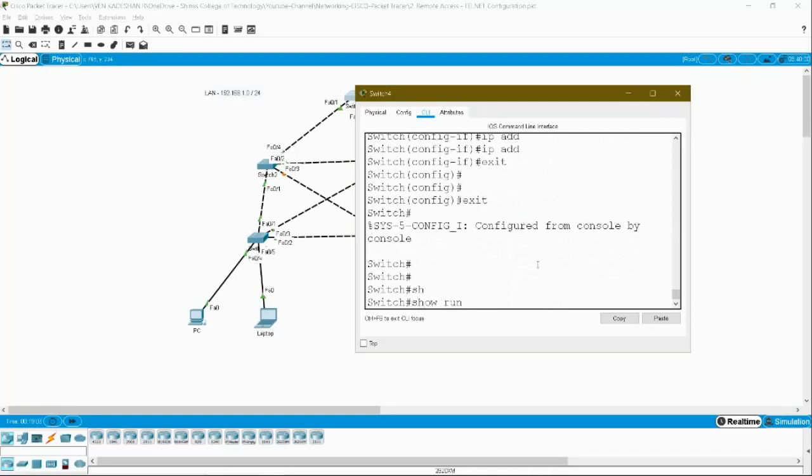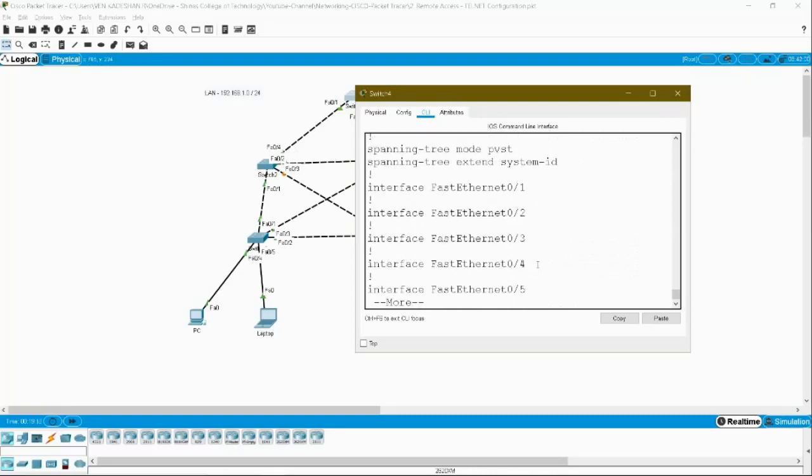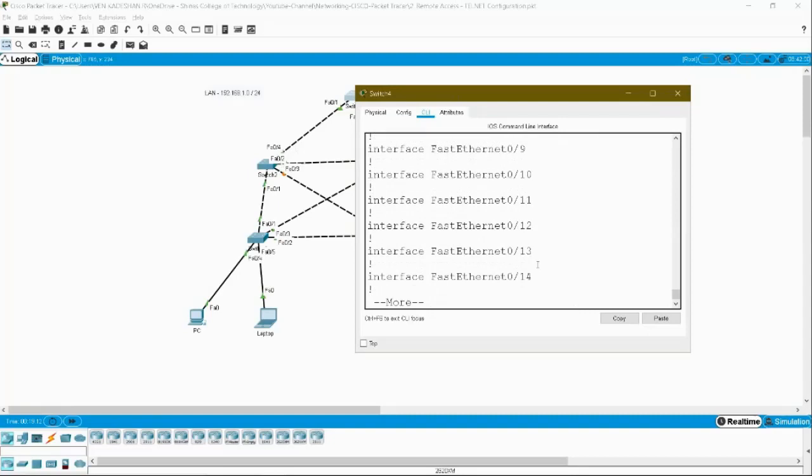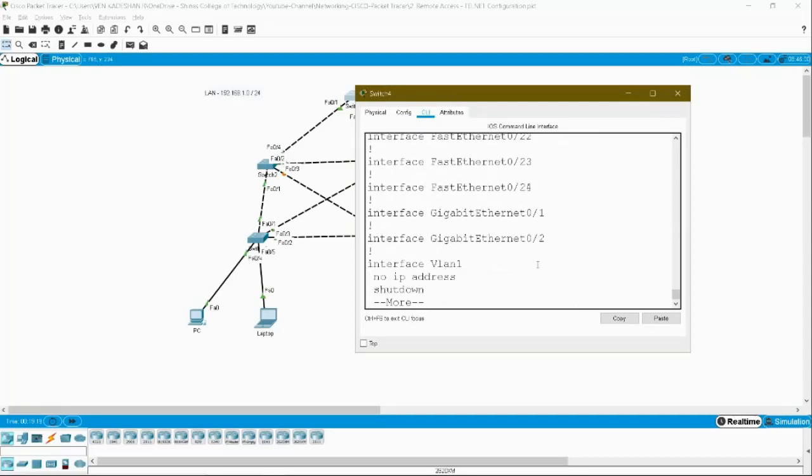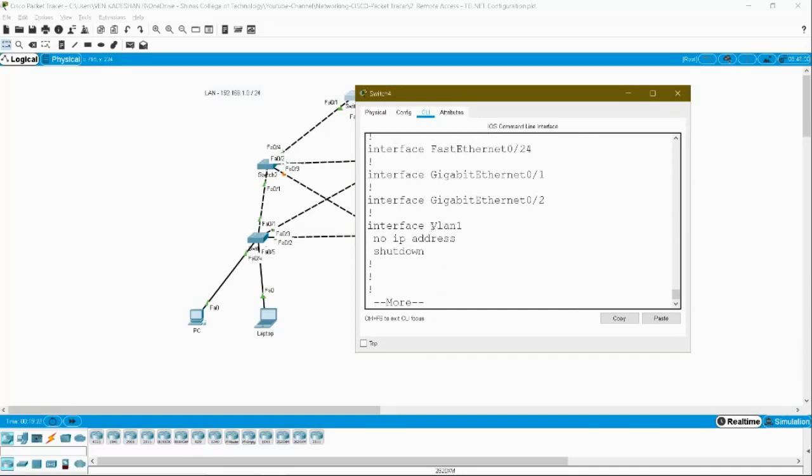Give the show run command. By default you will have 24 fast ethernet ports and 2 gigabit ethernet ports in your switch, and by default all your interfaces are in VLAN 1, the default VLAN. So for this interface, see here, no IP address. For this interface you can assign the IP address, and through that IP address you can access this switch remotely.